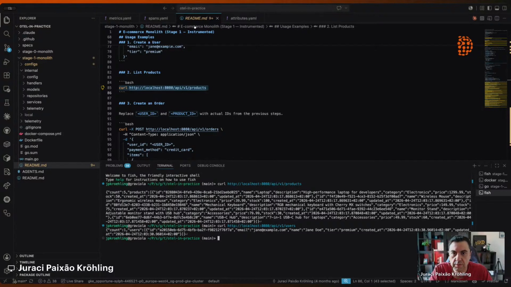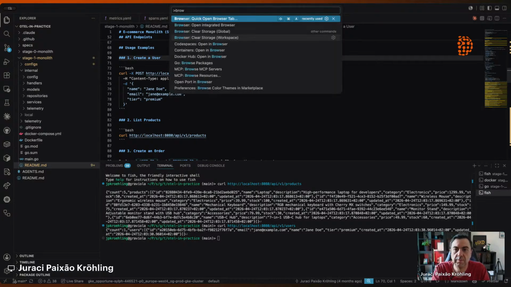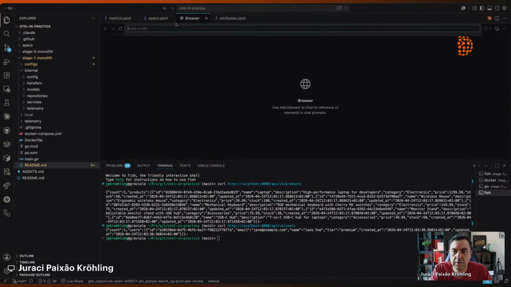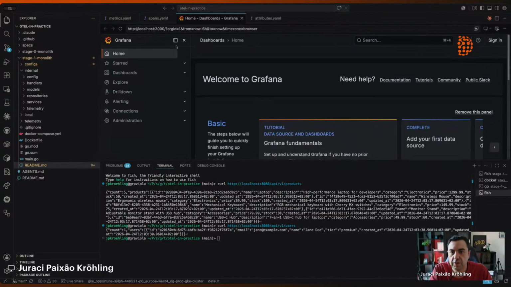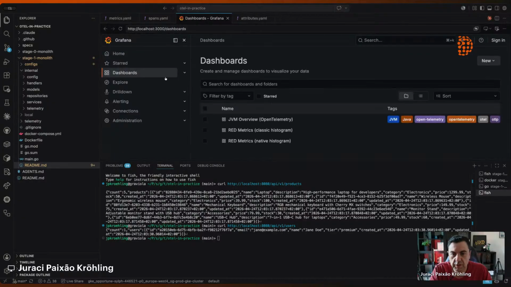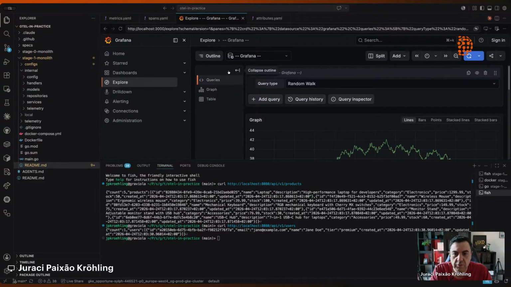Yeah, this is going to be hard to show. Let me see if I can open it here. Browser, internet browser. There you go. Cool. All right. So localhost 3000. So we can see here that we have some telemetry from our application. So explore. Let's explore